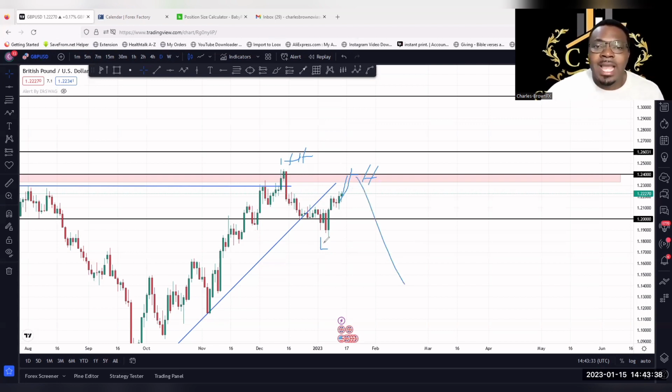So the question would be, how would you know that the market is going to sell? Watch out for price action on this level. When you see multiple rejections there, or you see a kind of bearish momentum to the downside, that's what you should know. So you should watch out for that this week.